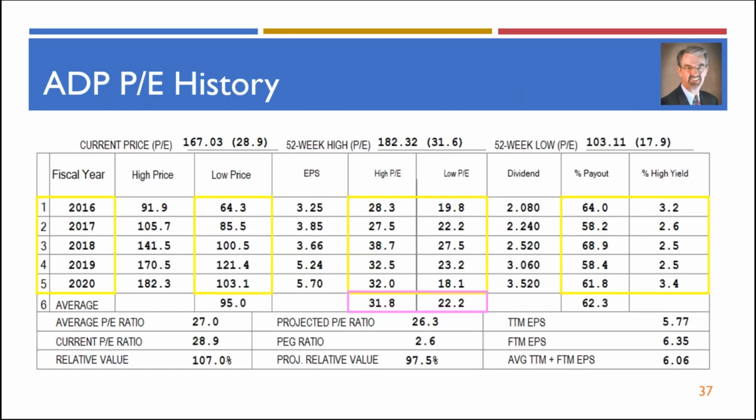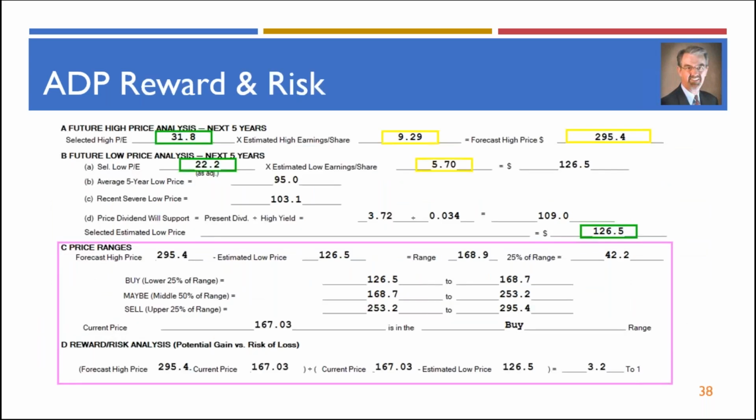The PE ratio history, again, is very consistent, with the high PE ratios tending to be in the high 20s, low 30s, and the low PE ratio never dipping below 18, 17.9, 18.1. So again, this is a company that's valued for not delivering a lot of surprises, and what I would consider to be a core holding in a portfolio, one of those buy and hold, buy and forget kinds of stocks that will continue to deliver returns at the current price of